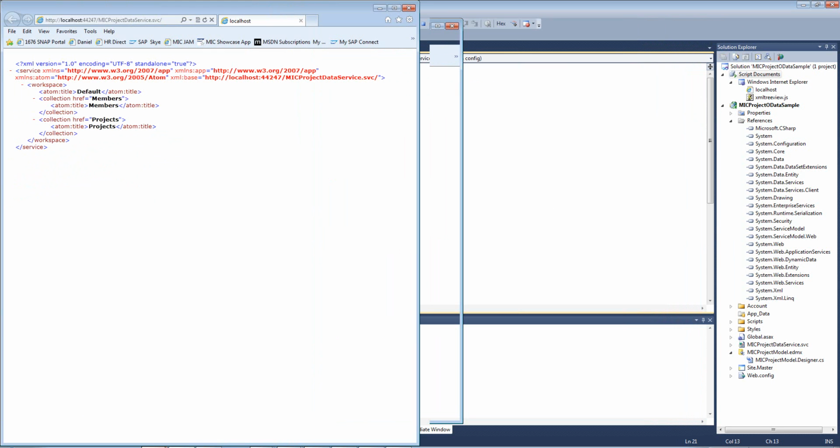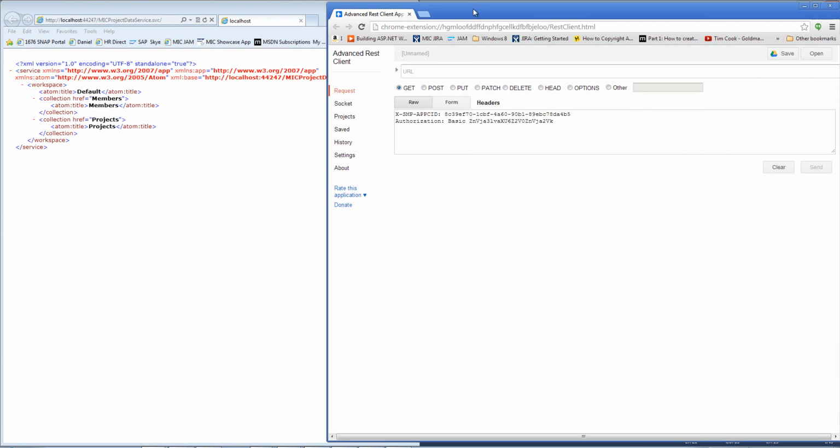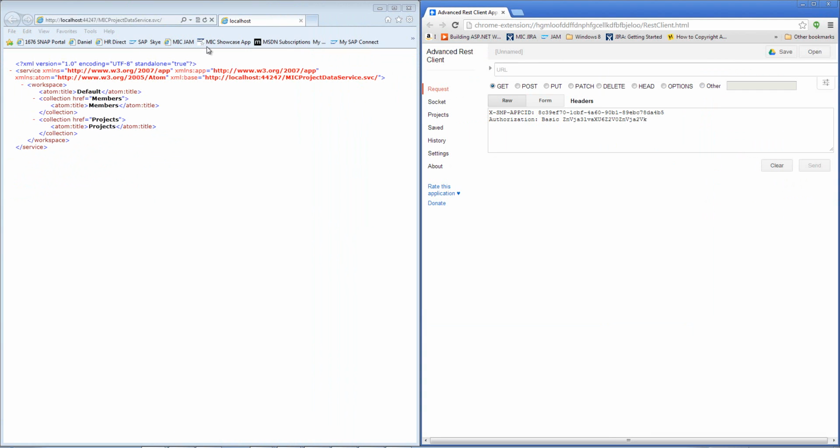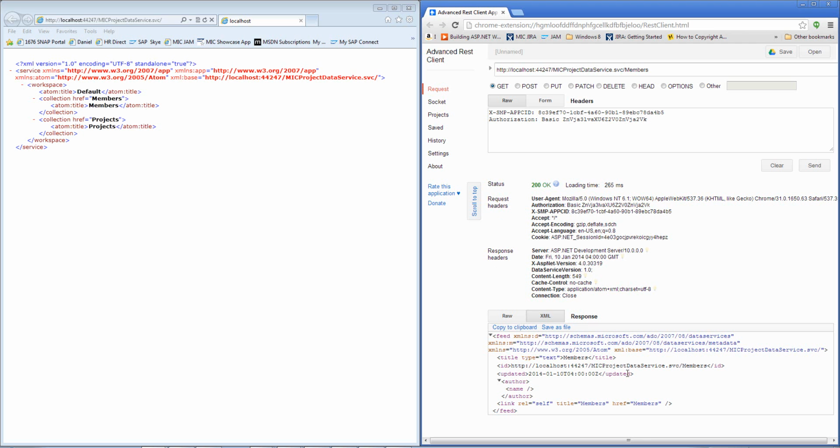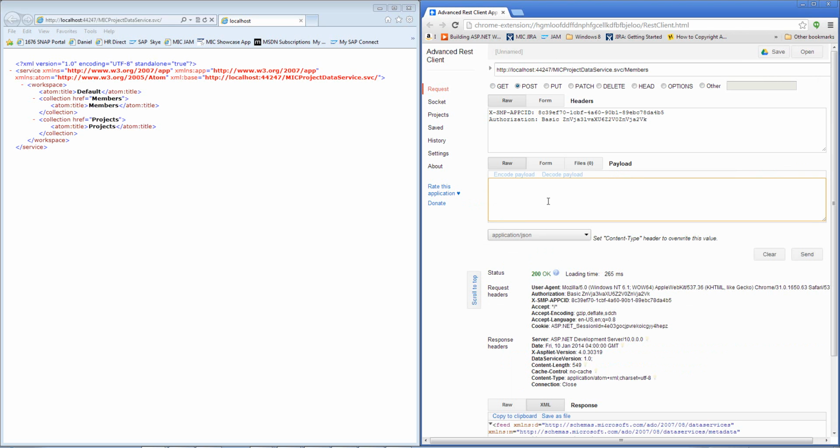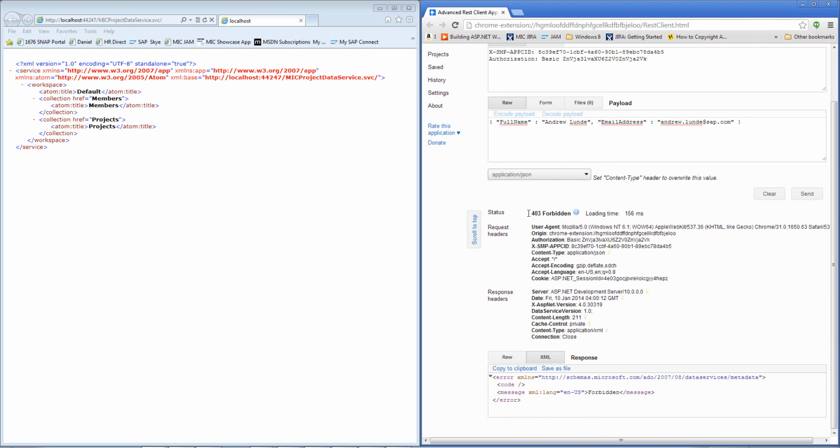So let's go to a REST client, and the first thing I'm going to do is have a look at my members, and I can do a get. I see I've got no data in there at the moment, so let's go and add some. I'm going to add Andrew here, and I'm going to go send. Now you'll see that I get a 403 forbidden,